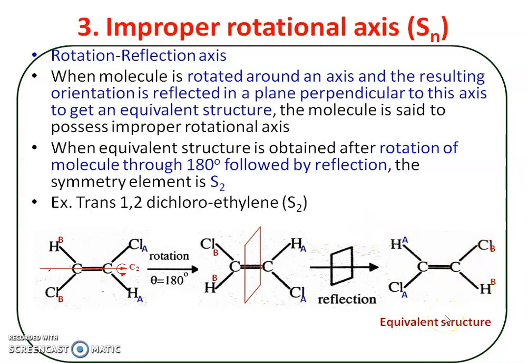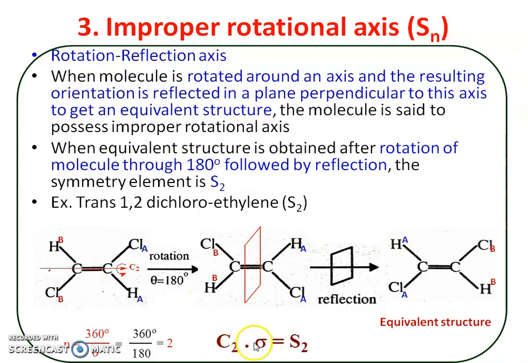And this is an equivalent structure, not identical. Actually an identical structure will be there when chlorine A takes again the position of chlorine B, and hydrogen A takes the position of hydrogen B after a second S2 operation. That time we will get an identical structure, but this is the equivalent structure. So here in this example, what is the value of n? We are first rotating the molecule through 180 degrees, and therefore 360 upon 180 is 2, and therefore this axis is C2. We considered the C2 axis, and